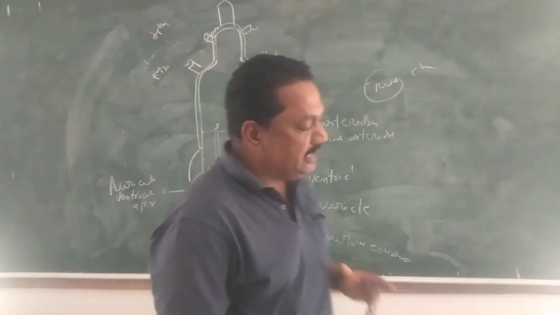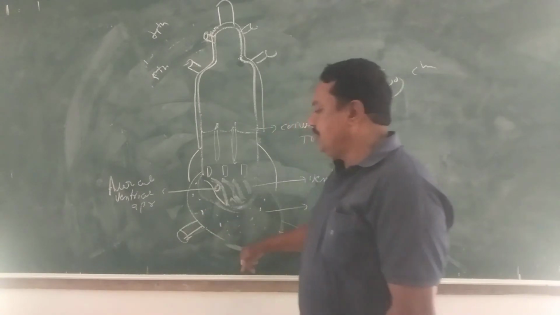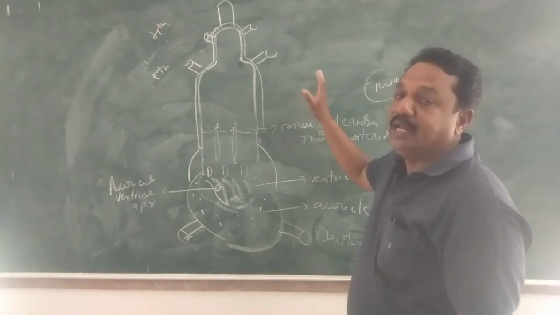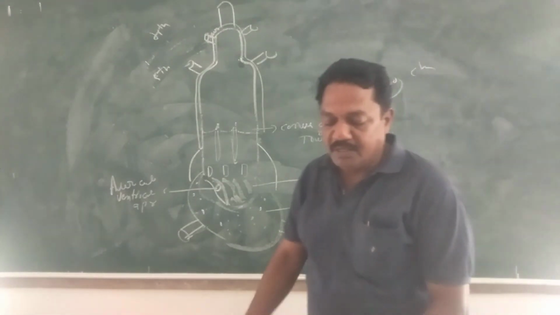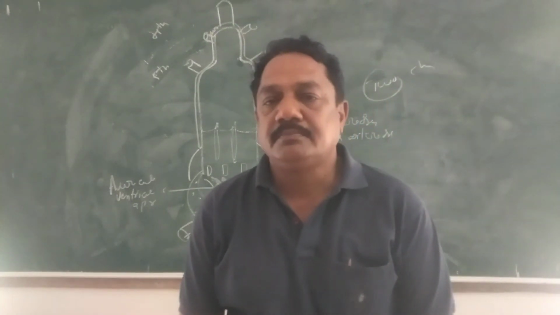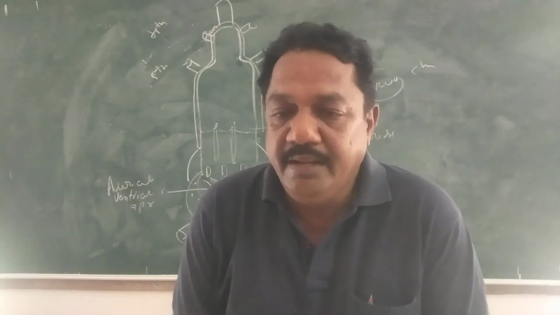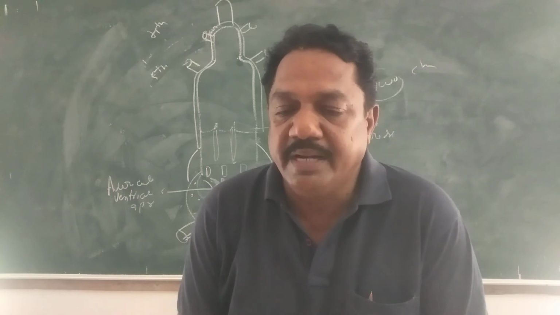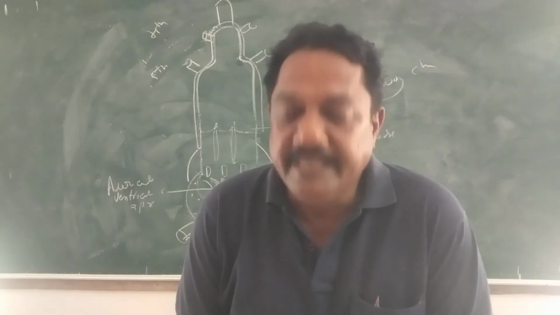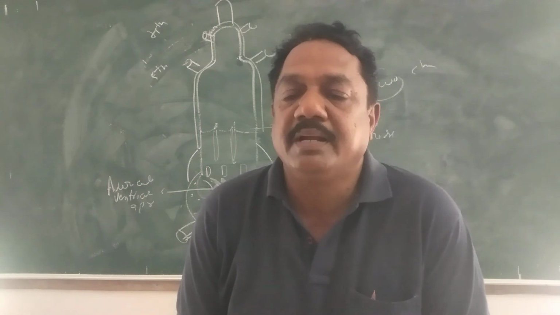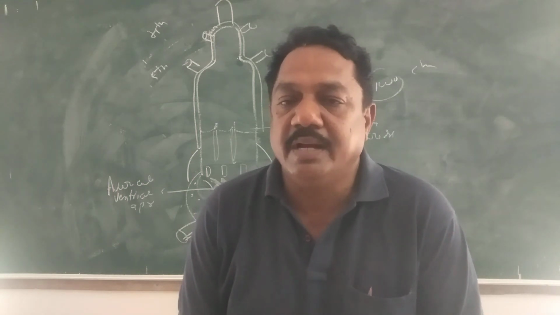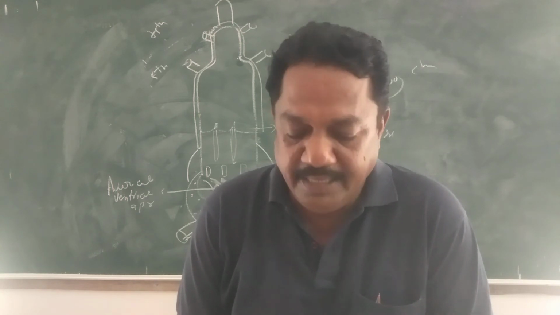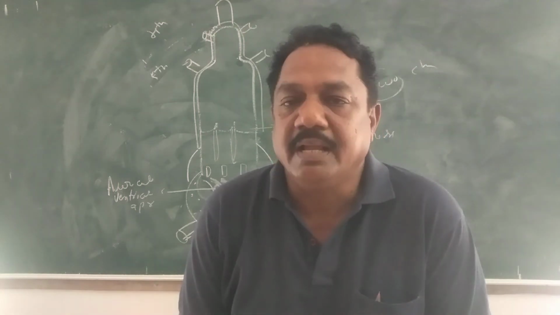So the important thing here is that only deoxygenated blood is collected and only deoxygenated blood is distributed to different parts of the animal body. That's why the heart of the fishes is called a venous heart. What kind of blood is always circulating along with the heart of the fishes? Deoxygenated or impure blood only is collected. It is also called a branchial heart. Why? Because blood is supplied to the gills only. That's why the fish's heart is called a branchial heart.